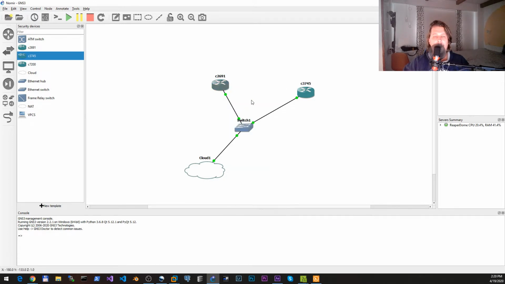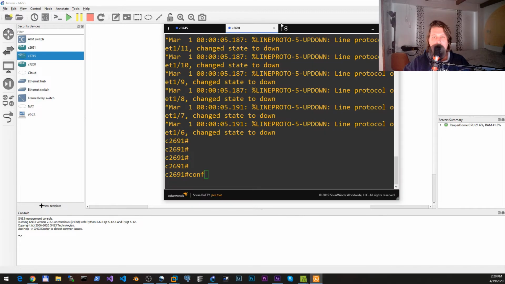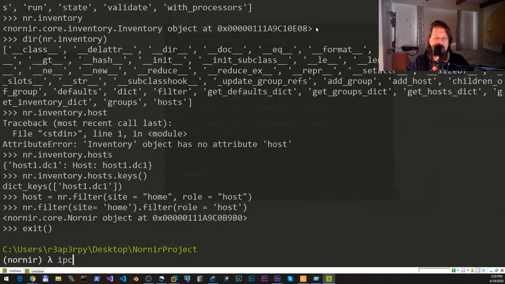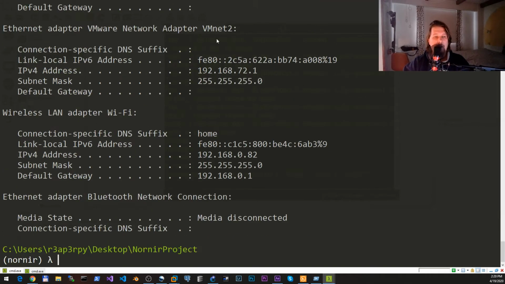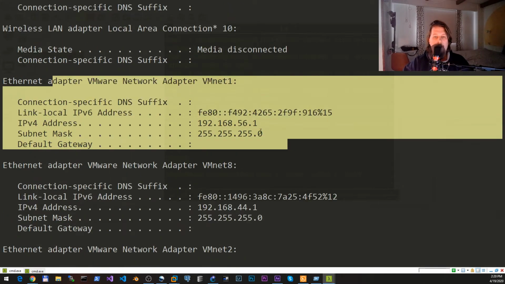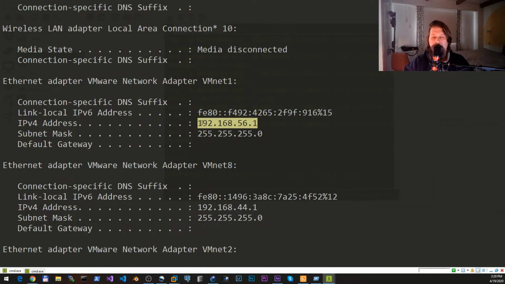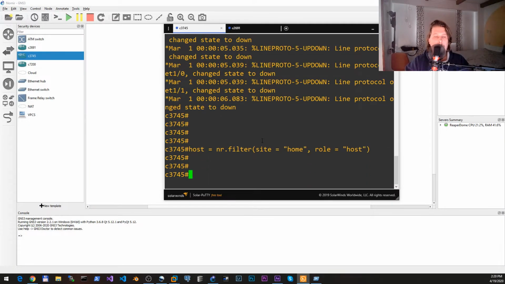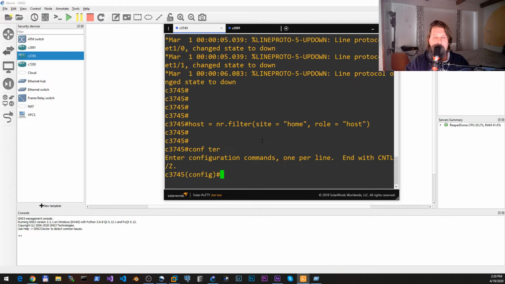So, after we have both of our consoles, what I'm going to do is check what IP address range or subnet that VM network supports. If I issue the ipconfig, I can see here is the VMnet 1 network, so I need to pick an IP address from this range. And let's do this. So configure terminal,